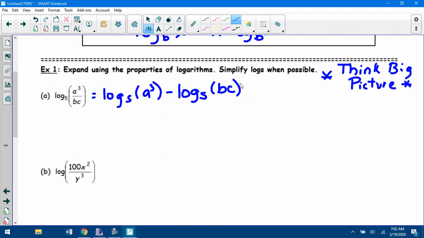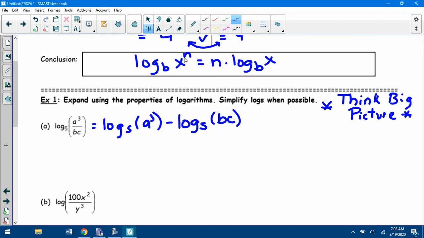Okay, now work these separately. This first log, is everything being multiplied, divided, or raised to a power? Obviously, the only thing that's happening is being raised to the power. And I can use this rule. I can bring that power out front. So this first one's going to be 3 log base 5 of a